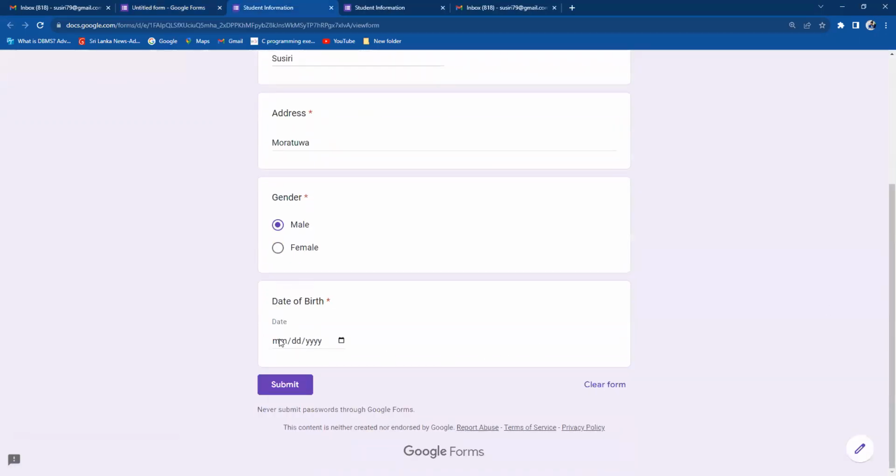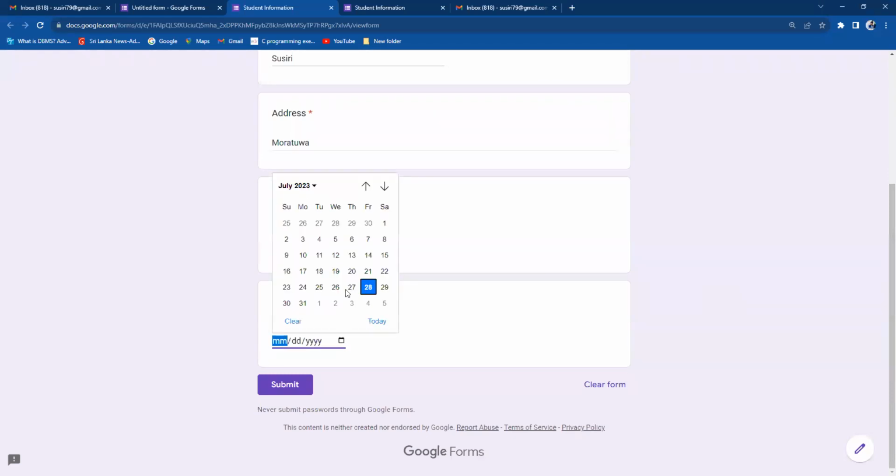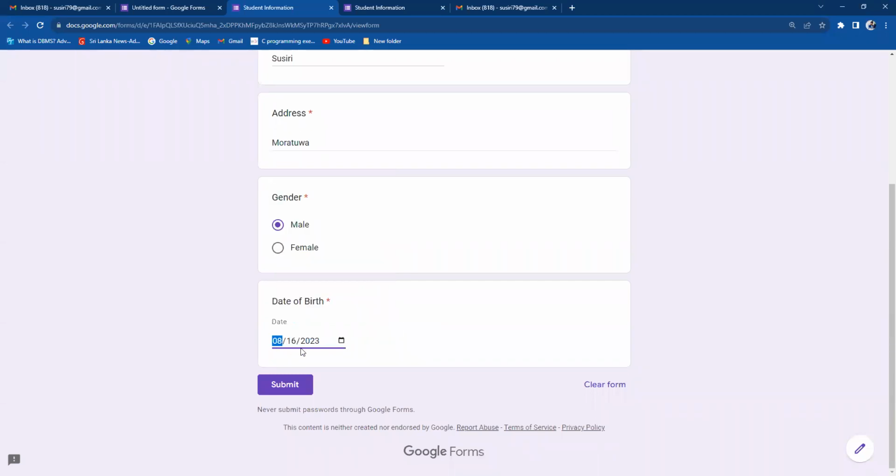So in here you can see, when the user enters the date of birth, there is an option to enter it, right? They can click on this and select their date of birth, right? They can go to their year, month, and date, right? Once they click on a single date, this will be updated, right? After that, they can submit it,